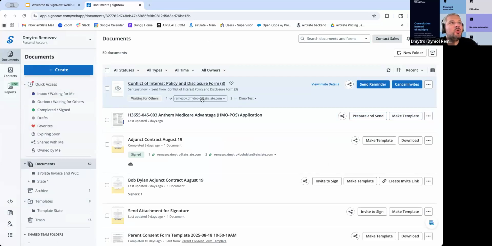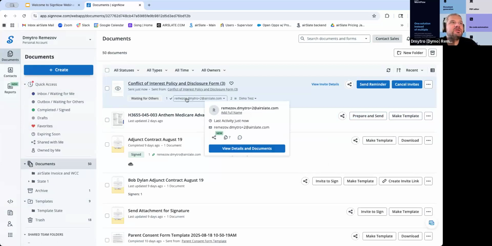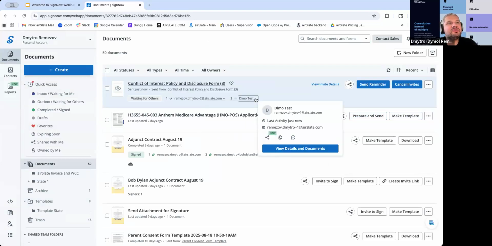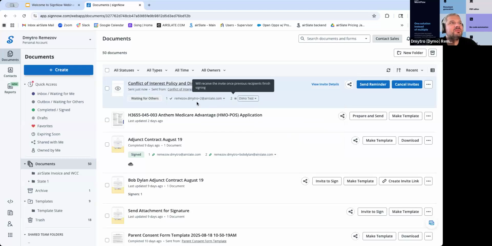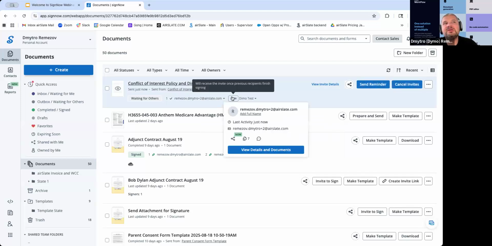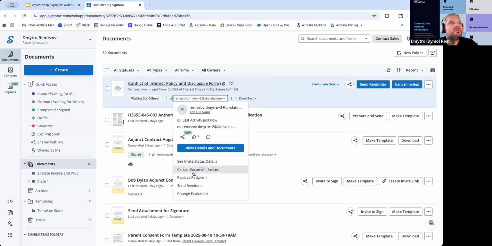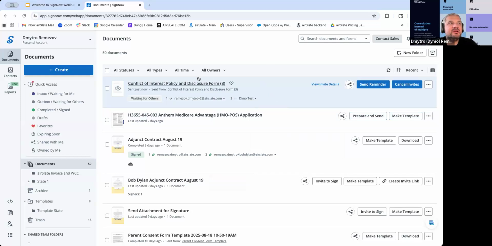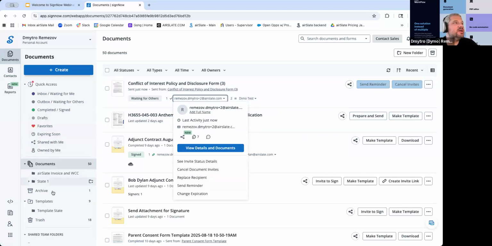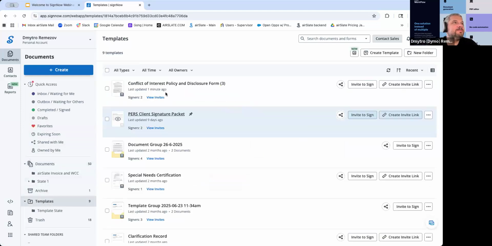And we can see whom it was sent to. So actually it was sent to my email address +2, and this is to my email address +1. So we can check here who are the recipients. What we can do, we can send a reminder if we see that the document is not signed yet. We can also change recipient. So if we identified that this is the wrong recipient, we can replace it. So we can manipulate that specific document here in the documents section, or we can go to the templates